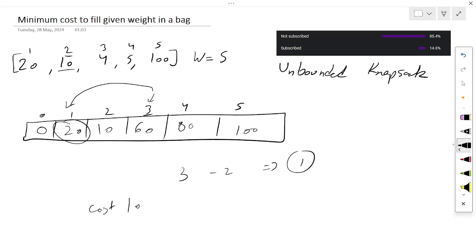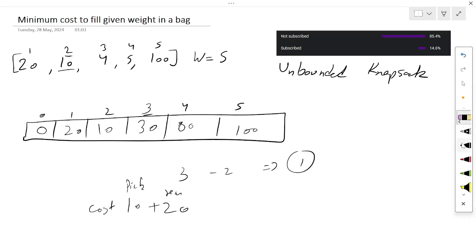It says cost is 20. So 20 plus the picked element plus the remaining element, so now its cost is 30. So I will place minimum which is 30. I know it is tricky, but just bear with me, you will get it.